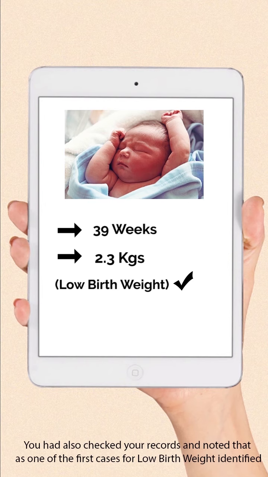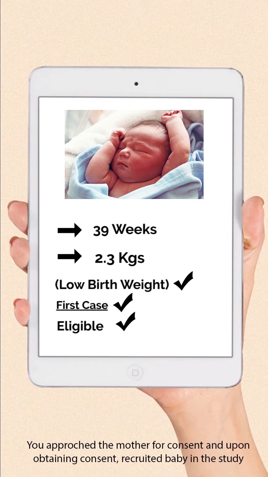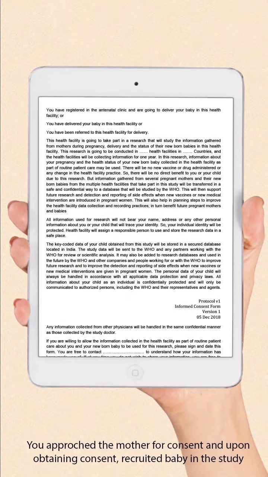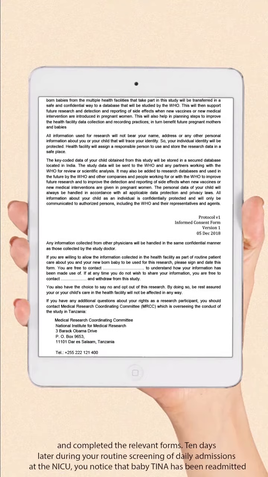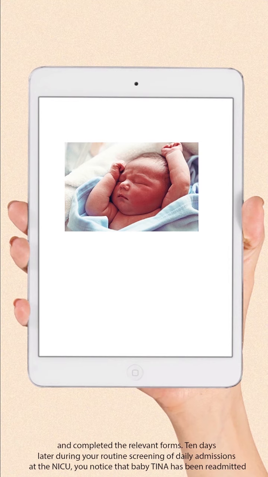You have also checked your records and noted that as one of the first cases for low birth weight identified at your hospital in that week, baby Tina was eligible for recruitment in the study. You approached the mother for consent and upon obtaining consent, recruited baby Tina in the study and completed the relevant forms. 10 days later, during your routine screening of daily admissions at the NICU, you notice that baby Tina has